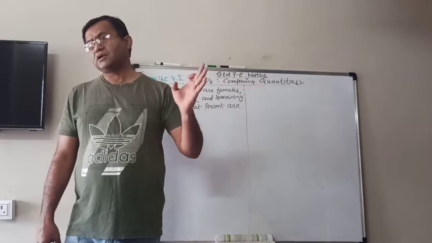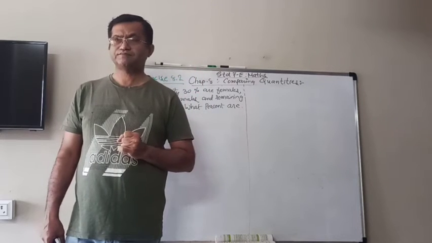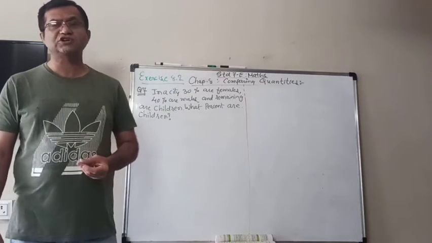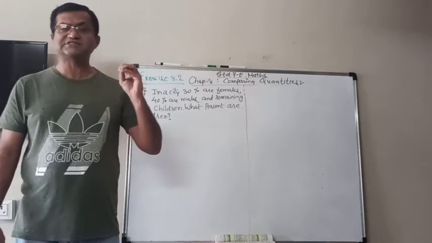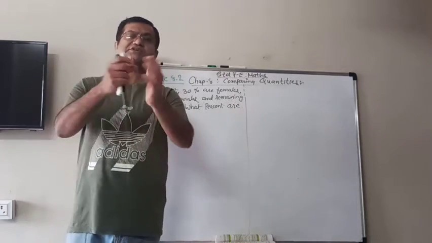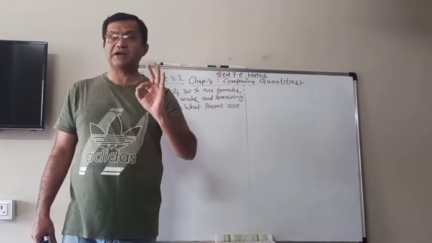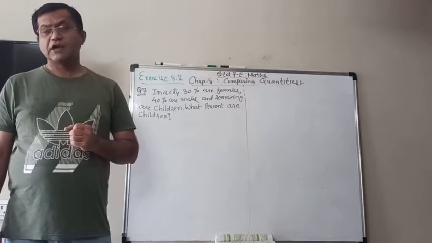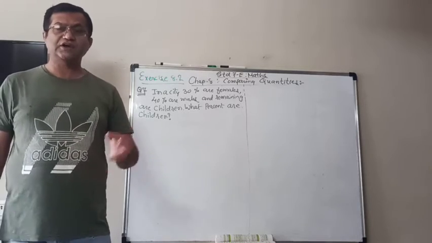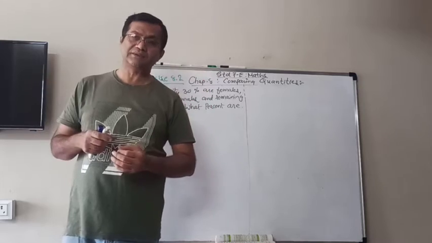So here percentage of males and females are given. Others remaining are the children. So we have to find the percent of children such that the total amount will be 100, because that will be 100%. It means that from the 100 we have to subtract the total percentage of male and female.